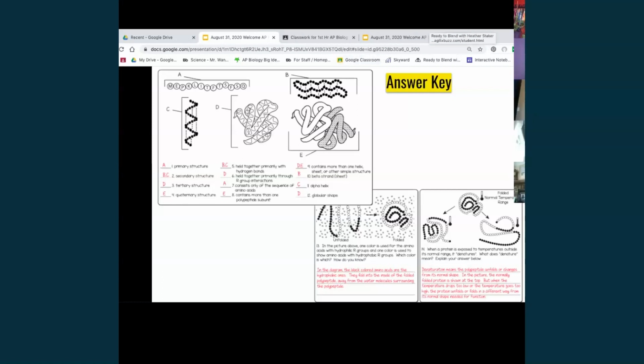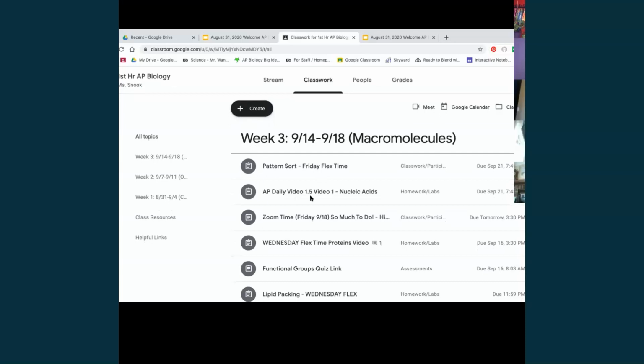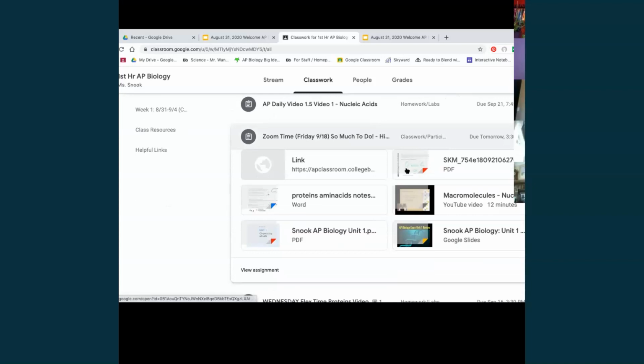Wait, Miss Snook. Yeah. Which one is it that we clicked done on? Like what's the... Today's Zoom. Mark is done. Oh, one that says Friday Zoom? Or, oh wait, that's tomorrow. Is that for today? I'm coming. Okay. So I tried to put, do you have the same order of things when, like, because I can click and drag them into different orders? No, so it's just my screen. Okay. Zoom time. Okay, I put the wrong day. It's Thursday. I just get lost. So much to do, that one. Because we had such a big list to go through today. And so we spent a bit of time just kind of wrapping our heads around where we are. So just go ahead and click, I'll edit that to say Thursday. And I know I said tomorrow at 3:30, but like this is our attendance check. So the quicker it's in, the quicker I can do attendance and